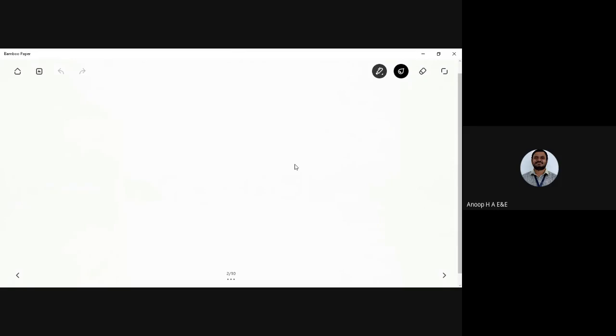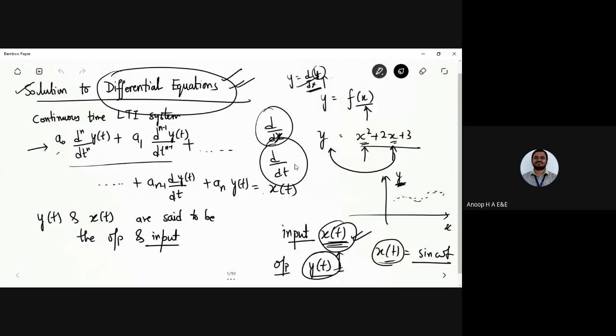With this note, I would like to give the equation, that is s power n, d by dt power n, that is d power n. Whatever the parameter I'm varying here, s power n is nothing but the s domain approach that I'm going to have there. So what I can write these equations as, what I've written here, that is a naught, a1 and all.